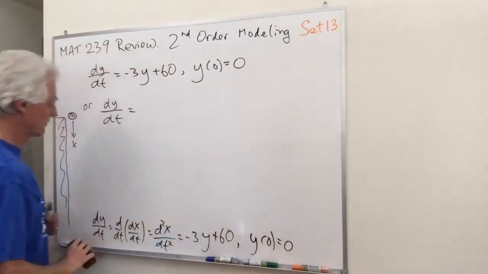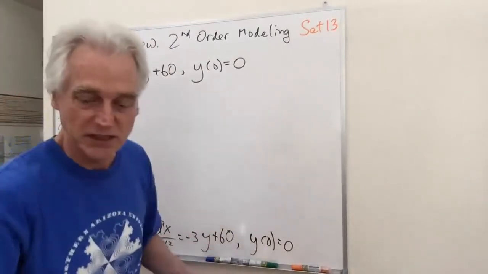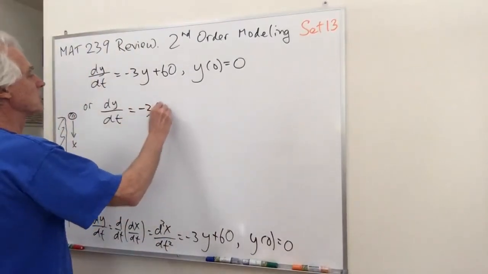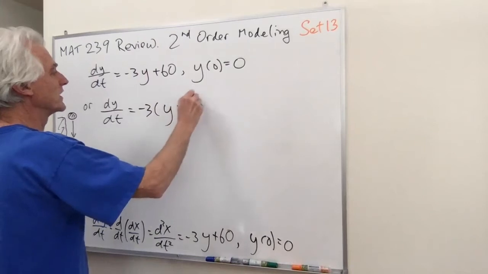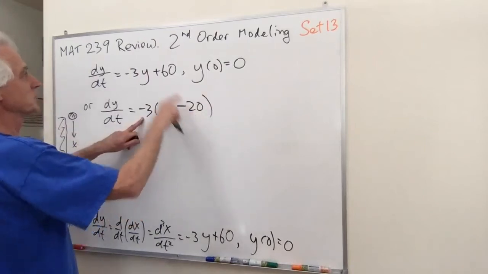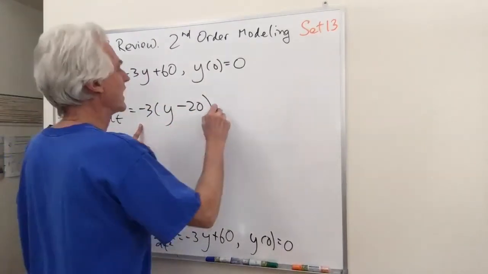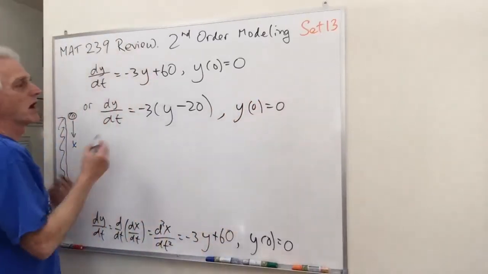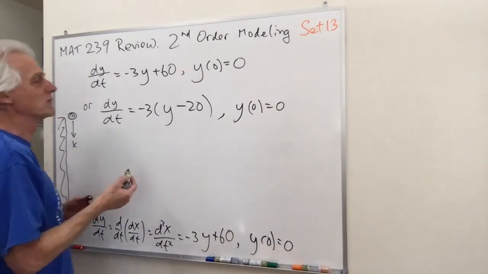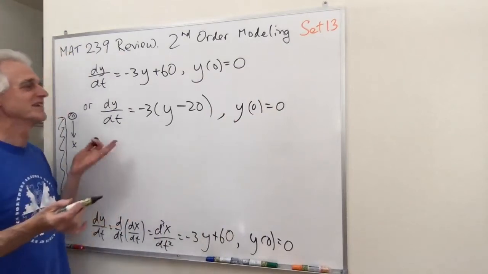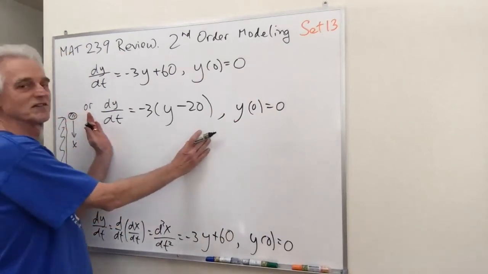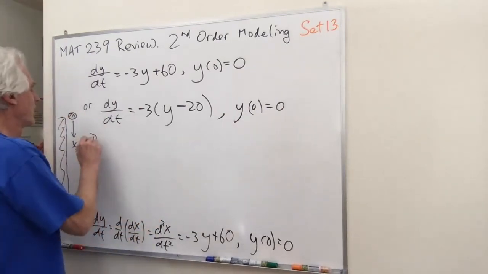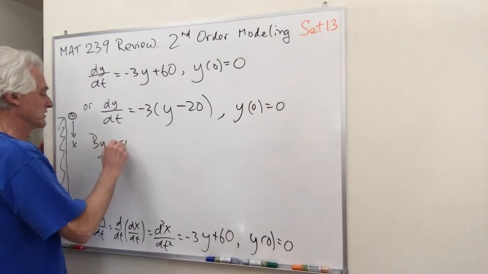So the way to solve something like this is you factor out the 3. So it's minus 3 times y minus 20, right? Because minus 3 times minus 20 is plus 60. And then we have y of 0 equals 0. So this is the exact same differential equation we've been solving a lot. I don't know if we've got that initial condition yet, but I'll just say here by inspection,